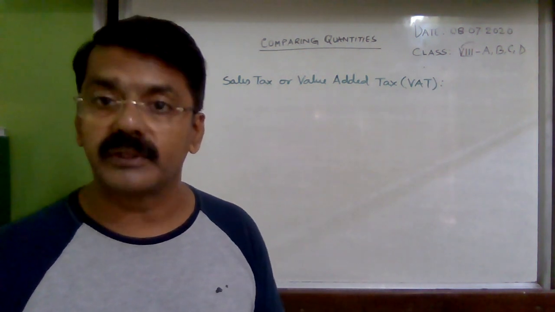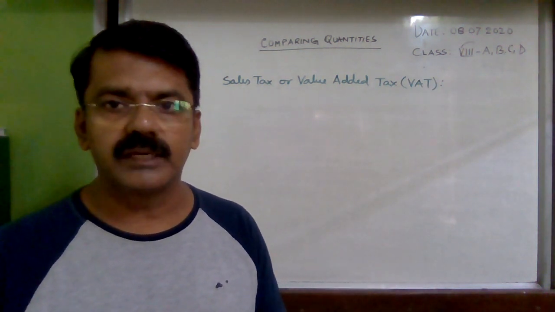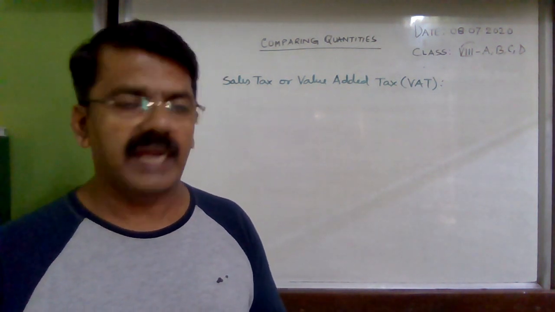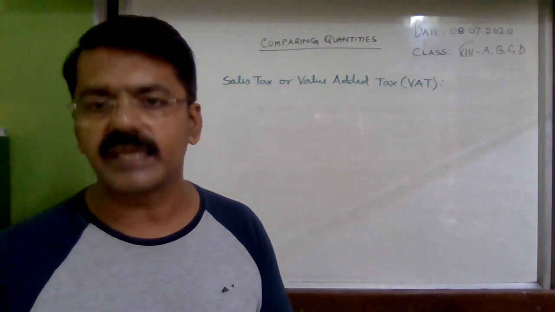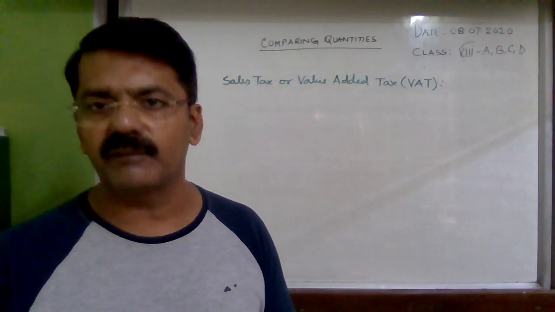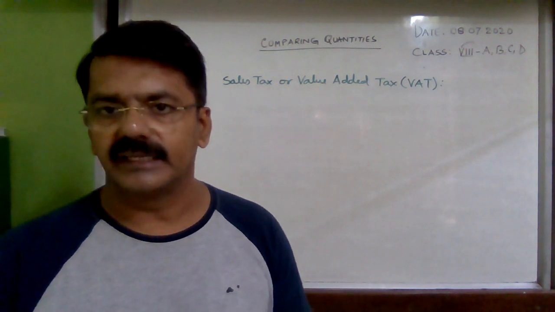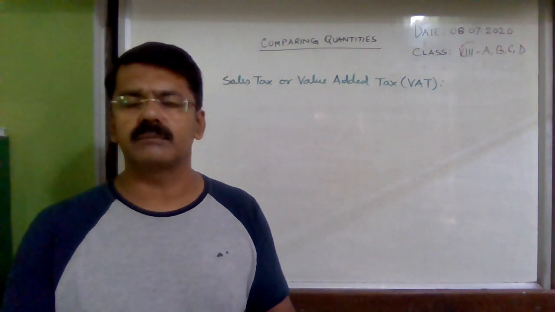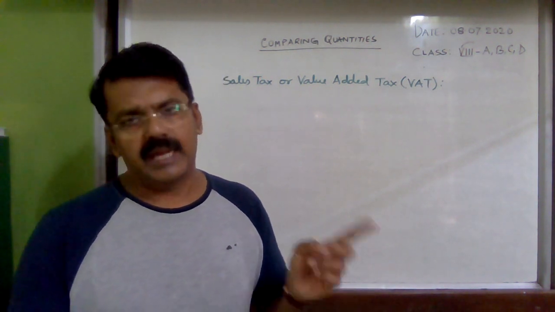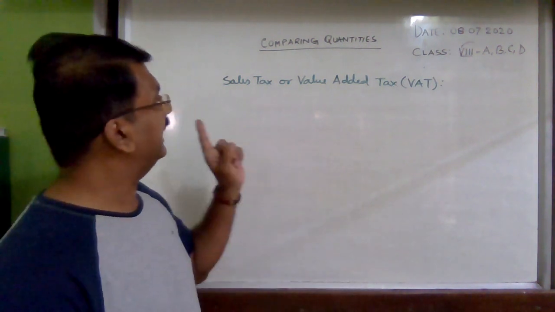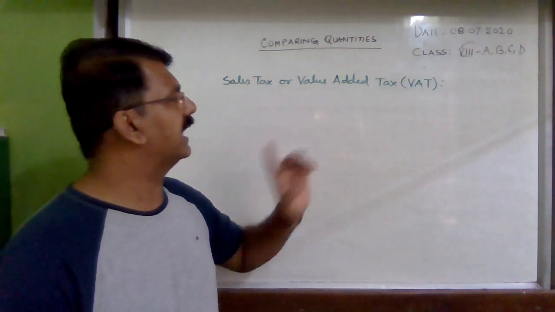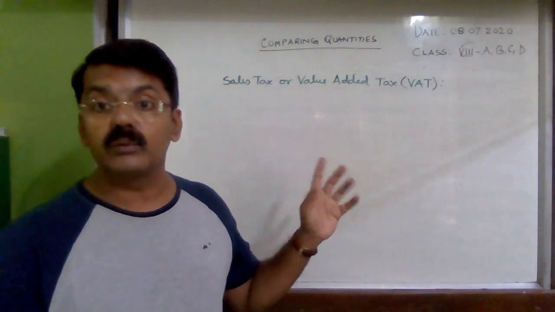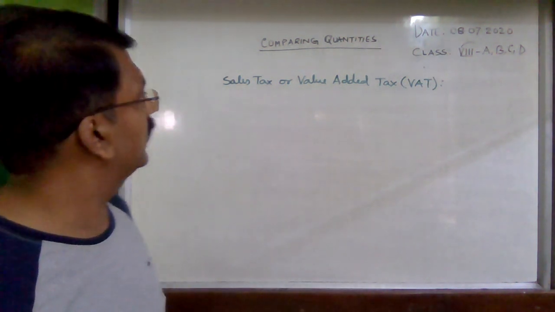I have already told you about discount. That means it will be 19,000. But on this 19,000 rupees, you have to pay a tax of 10%. 10% of 19,000 will be 1,900. So the final price that you are going to pay for the television will be 20,900. So always remember the sales tax is paid by the customer to the shopkeeper at a certain rate, and that sales tax or the value added tax, it goes to government. Clear? And it is calculated on the final price. So I'll give you one example of it.